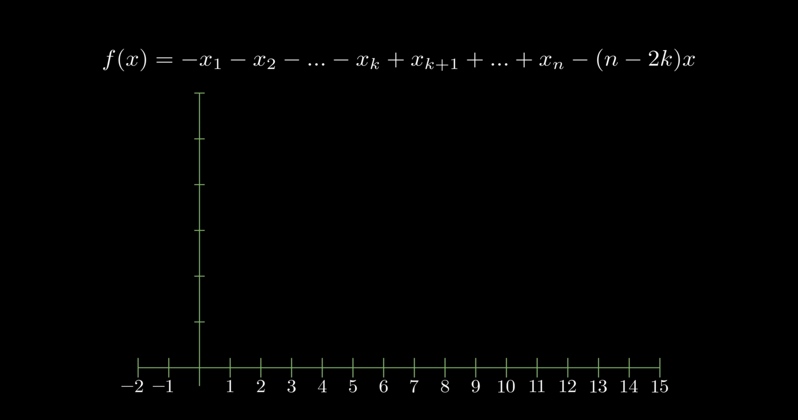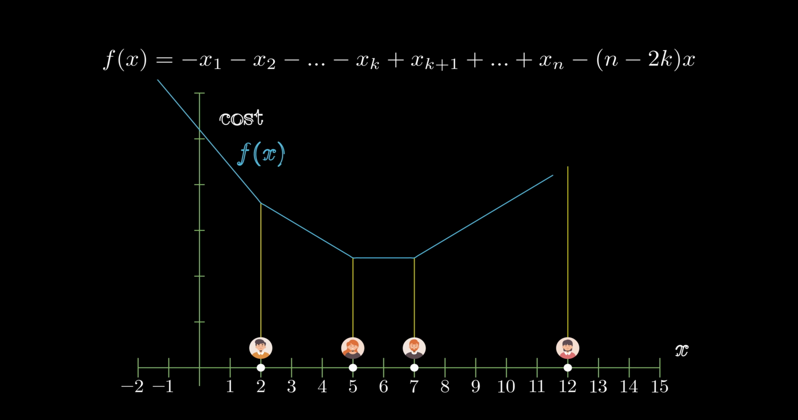We can see that the function will be decreasing if the coefficient n minus 2k is greater than or equal to 0, which is equivalent to saying that k is less than or equal to n over 2. And increasing if n minus 2k is less than or equal to 0, which is equivalent to saying that k is greater than or equal to n over 2. This observation tells us that the function first decreases, reaches a minimum value between xk and xk plus 1, and